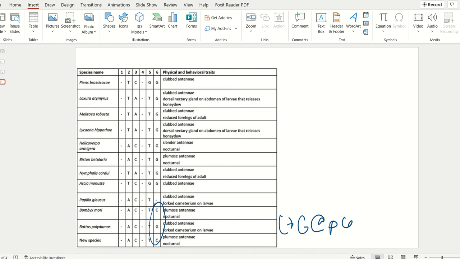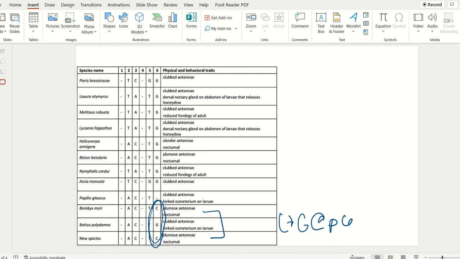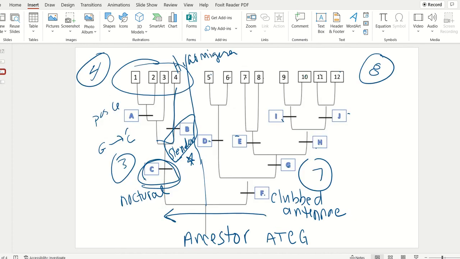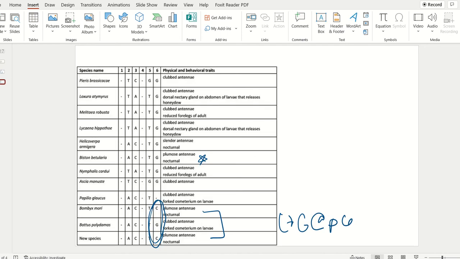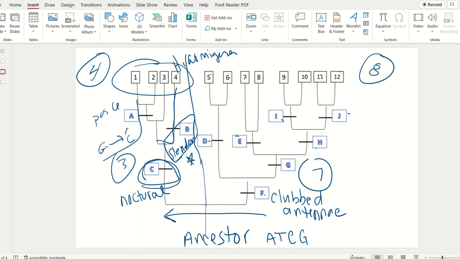Since only two of those species with the plumose antennae have that additional change, and the third one doesn't have any other changes that are different, we can now place those on the phylogeny tree too. So here we have that change from G to C at position 6, and that was the new species